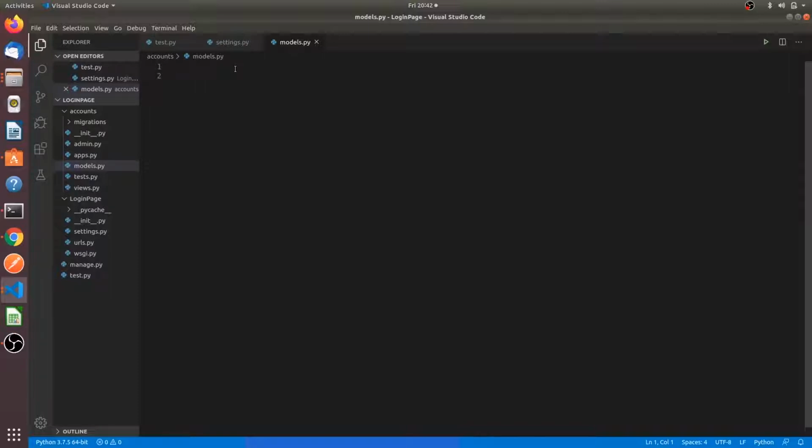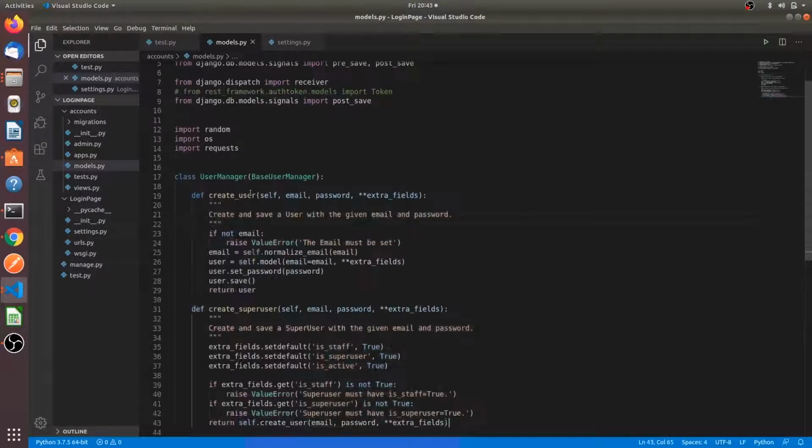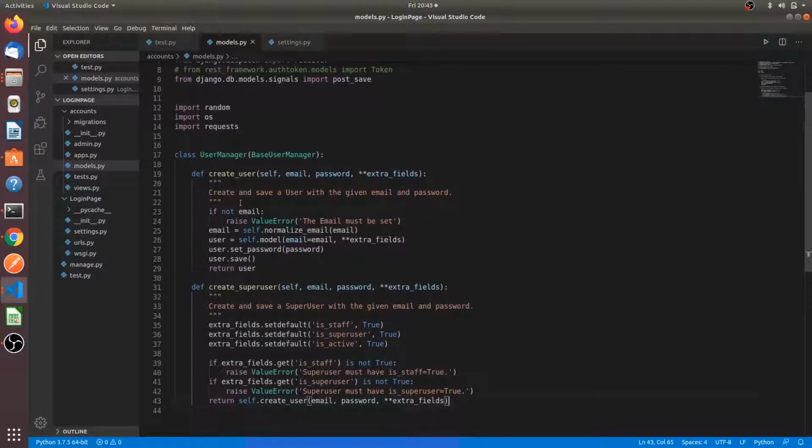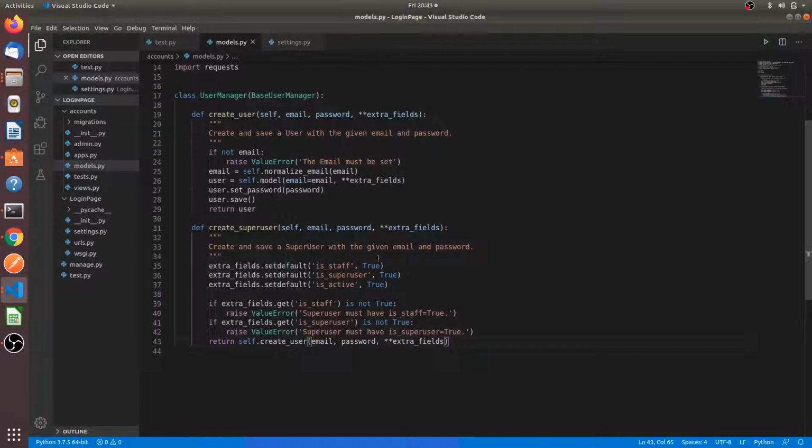For example, I have to create a user model. So write this code. This imports the main frameworks and everything. Just comment this out. We have to create a user manager. It is a class, so for that we have to write this code. Here I will explain what is happening. We are defining two methods inside the user manager class, which are create user and create superuser. So what is happening in create superuser? A superuser is something like the admin, where you can see all the status of your database, how many people are there and everything in the database.